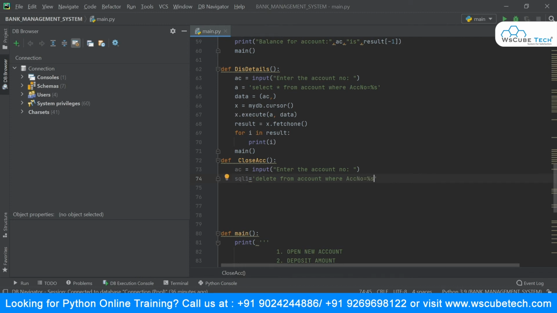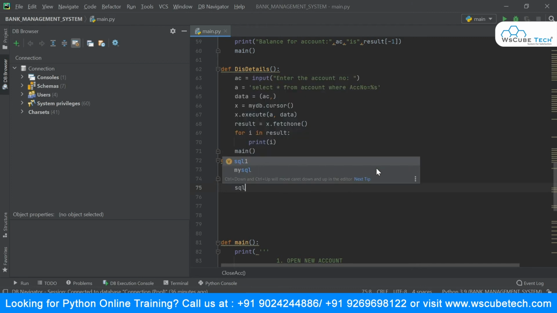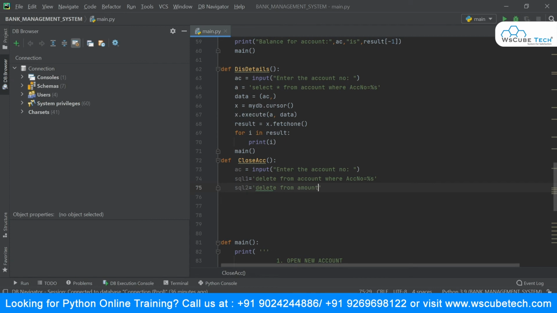And the second query, because I want to update both tables, I'm going to write for the second table. I will say delete from amount where account number is equal to percentage. That's it.